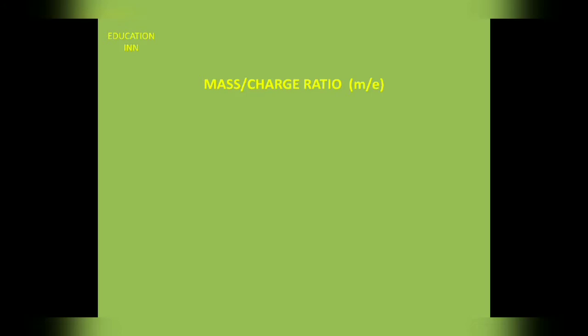These different charges give different m/e value, the mass to charge ratio. Ratio simply means the division of anything. We divide mass of the molecule by its charge. So, what is mass to charge ratio? Mass of charged molecule is divided by its charge. For example, M+ having atomic mass 35, its m/e value is obtained by dividing its mass 35 by its charge 1. So we get m/e value 35.